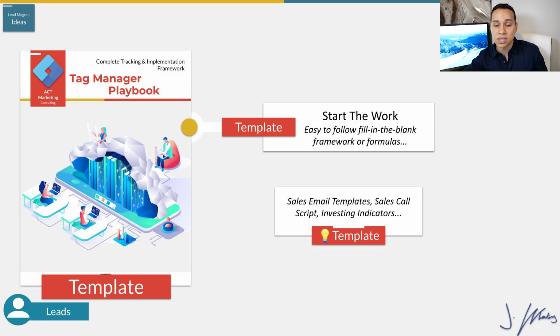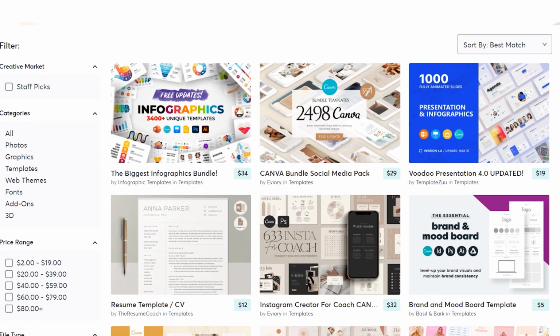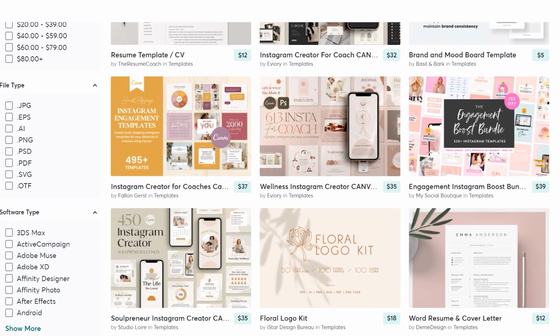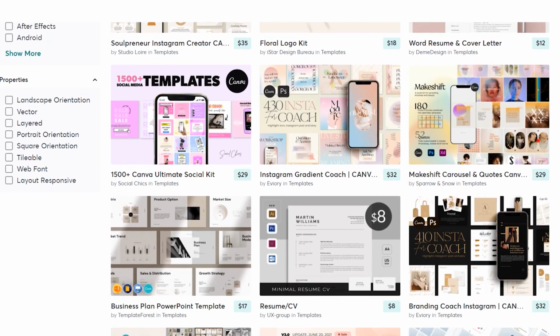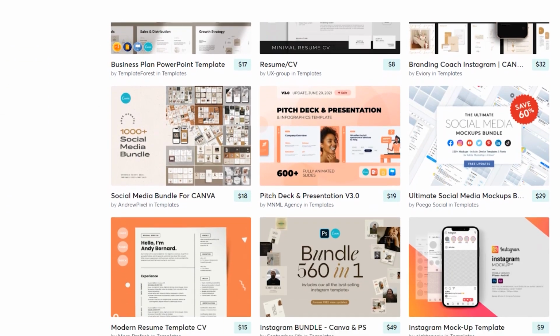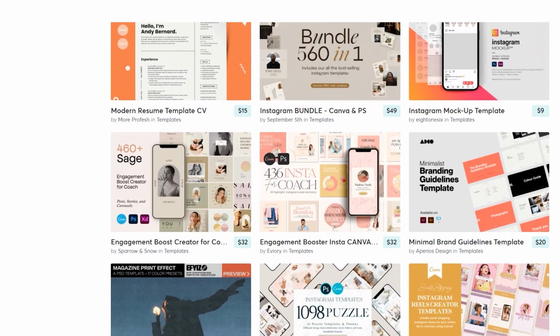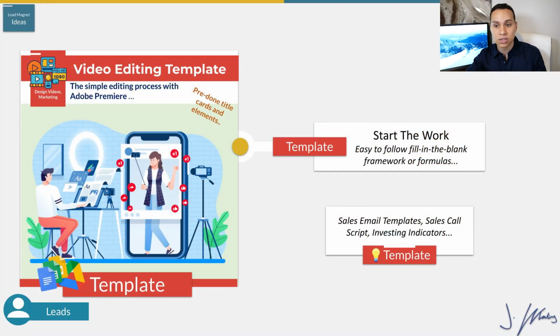Of course, it doesn't necessarily have to be a worksheet or workbook. It could also be a different file type, right? So going through Creative Market and Etsy, you're probably going to find a lot of people selling Canva and Photoshop files. So that's another file type that we could provide, where you're essentially buying the template and you can turn around and create a template that you sell. Now, obviously there's licensing issues. Don't buy it and then just give it away for free. Make sure you read the fine print, but that's just an example of other file types that you can provide